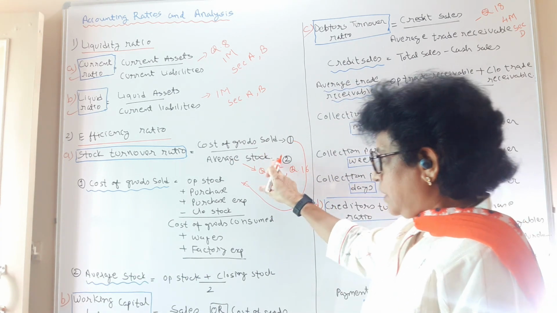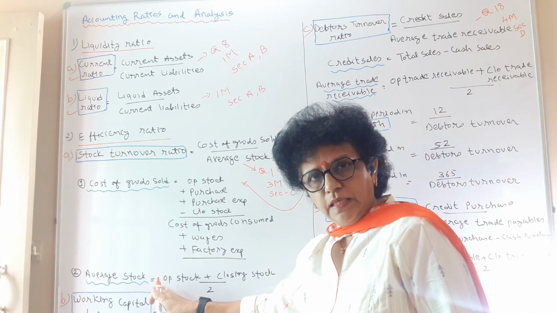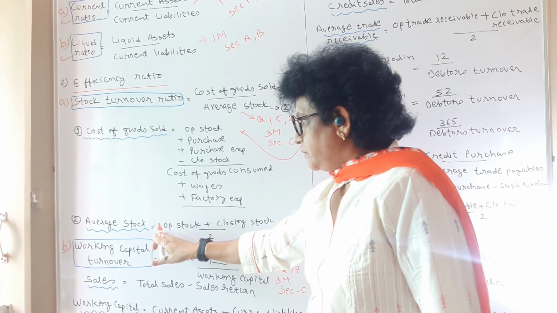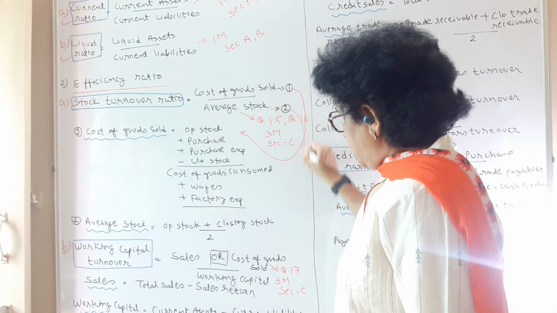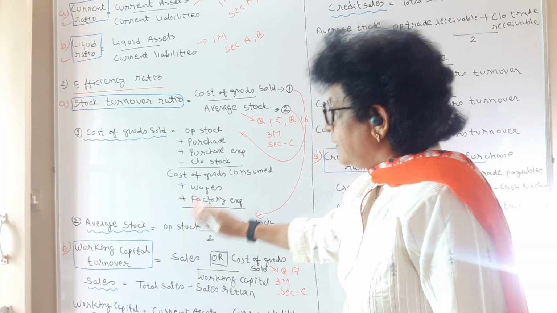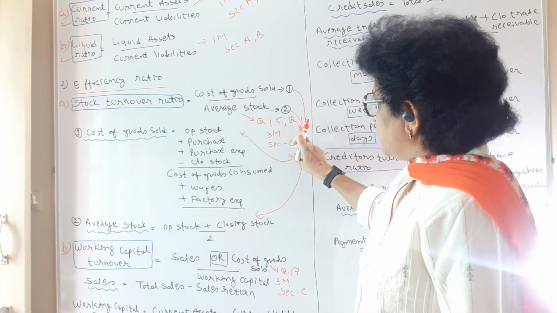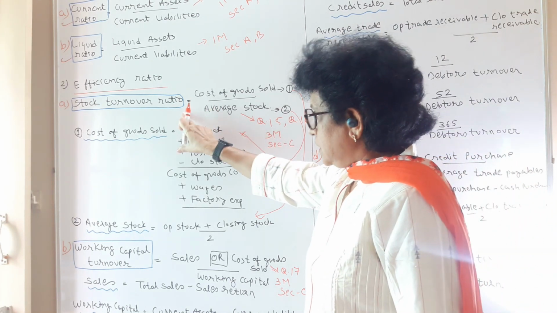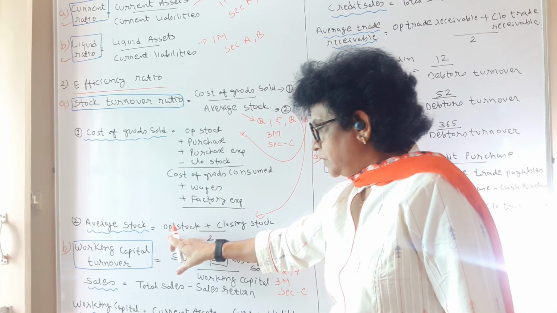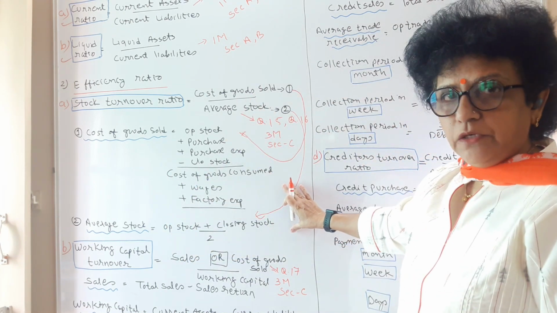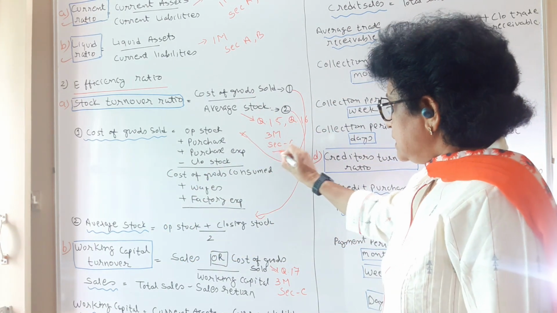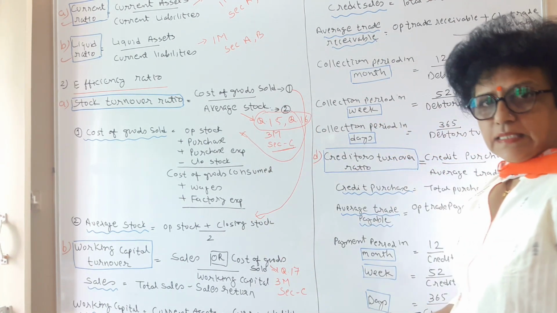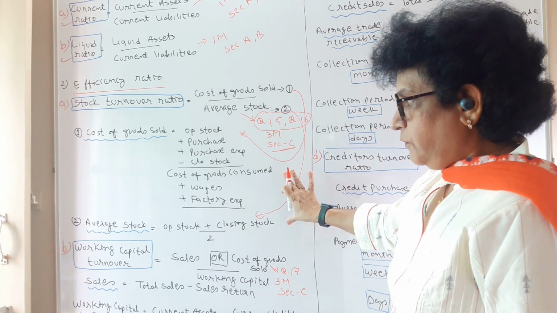Second is average stock. As we know very well, an average of anything is found by opening stock plus closing stock upon 2. So this second point you have got with this formula. This question will be there for 3 marks in your section C. So 1 mark for this formula, 1 mark for this, 1 mark for this. Like this, there is a split of the marks, and in the C section the question will be asked. In your textbook you have question number 15 and 16 which you can solve with this formula.